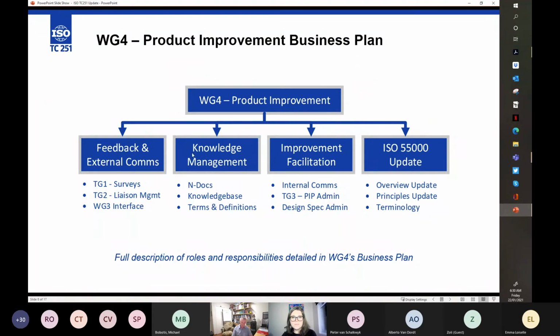Knowledge management. We're quite keen on keeping track of what we've done in the past, so we learn from the past. People make comments, and obviously this is quite a long cycle of work, so we need to keep track of that. And the other area, which is probably the key one I look after, is the terminology and definitions for the standards. That's quite an involved group, to make sure all the publications meet the same definitions and terminology that's inherent in the standards. We have an improvement group: how do we manage our improvement process? And we're also now looking after the 55,000 update in terms of structure and how that works.